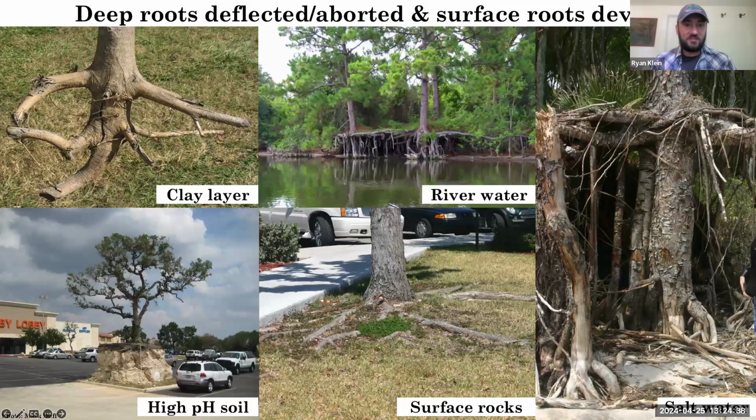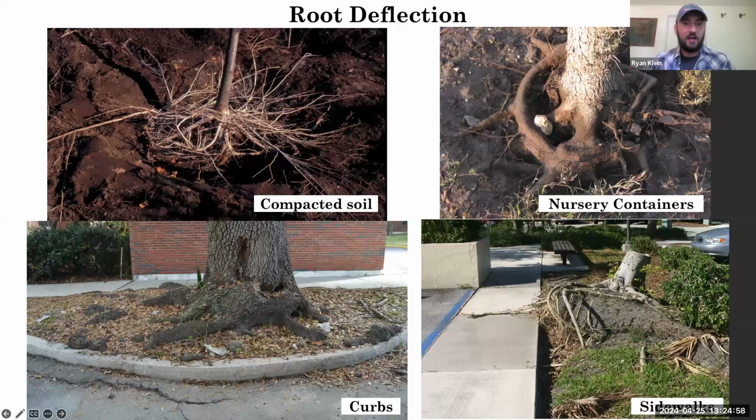And then deep roots in the urban landscape are typically deflected or aborted. A lot of times this happens when they're growing trees out in liners and as you're shifting them up into containers and stuff like that. Other things that can affect this: soil type, water level, pH, salinity, stuff like that. It can also be deflected from compacted soil. So things like we see in the urban environment, poor quality nursery stock. You can see in that top right there, there's an imprint from maybe a 1-gallon container. So a lot of those roots weren't able to get out into the larger containers when they shifted it. And then obviously infrastructure, curbs, sidewalks, buildings.